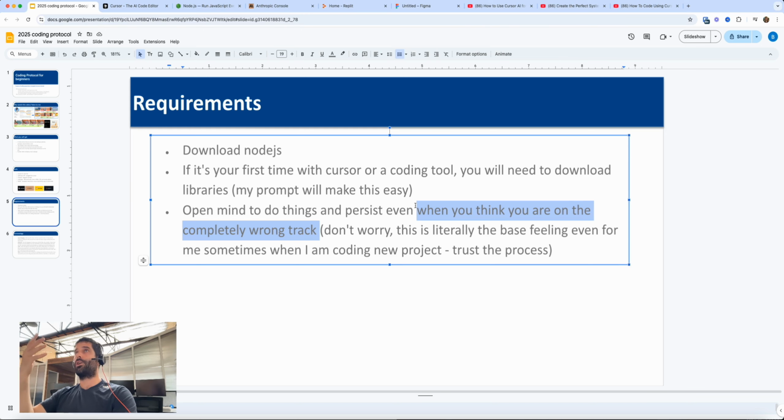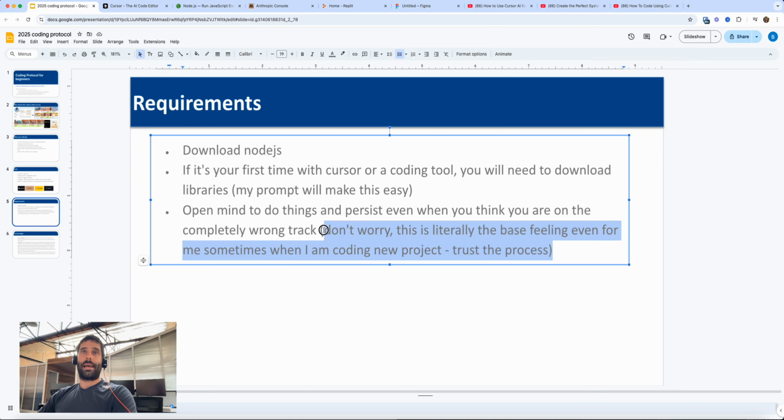It's kind of like you just got into a dark room, you have to find the exit door, and you don't know where you're going, but as soon as you open a door, it's flooded with light and everything works. I think that'll make more sense when you're actually coding, that feeling of being lost or confused or not really confident that what you're doing is working. But just persevere, just keep going through it. If you need to start a new chat window, if you need to slow it down and go into the documentation again and copy and paste the sample API call from the documentation back into the chat and say, hey, let's slow down. Here's how it should look. What are we missing? You will typically find a solution.